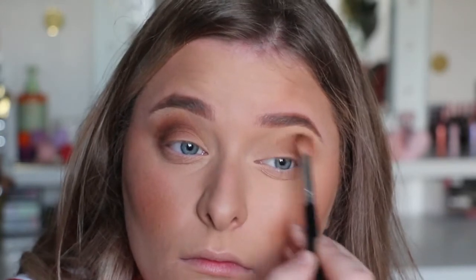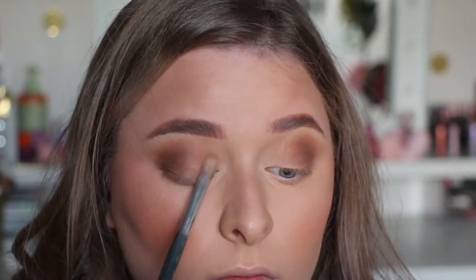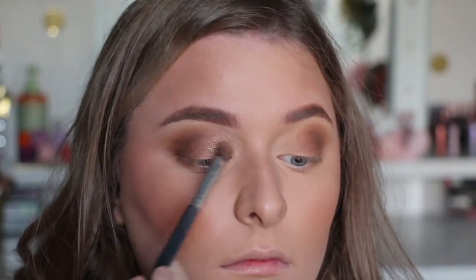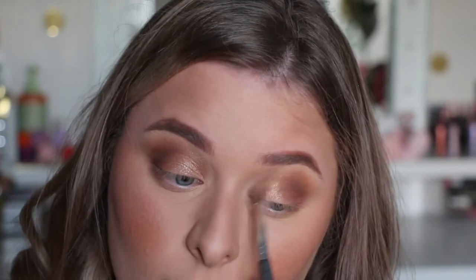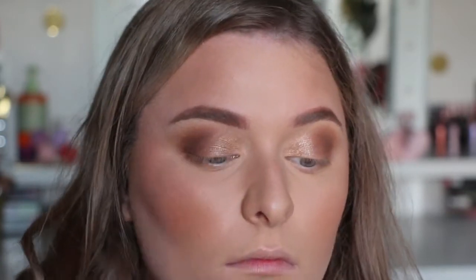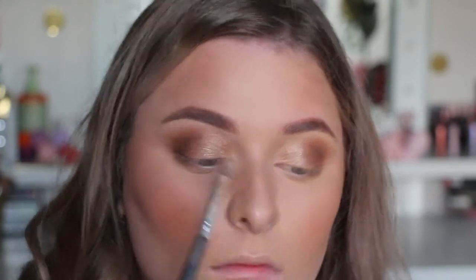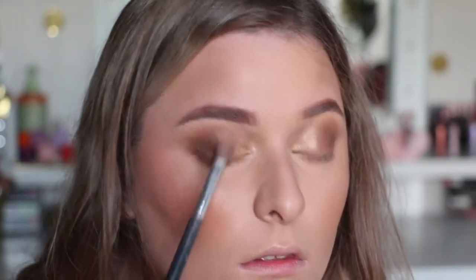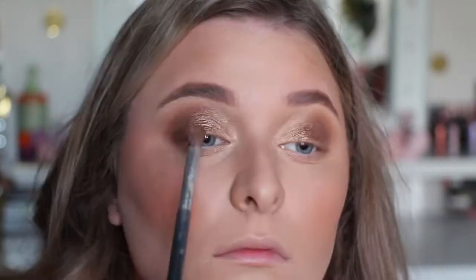As you can see now, I'm just sort of intensifying it. So I'm using a really darker type of colour. It's like the darkest colour in the Subculture. And then we move on to the inner corner, sort of messy-ish, glowy eye. I don't really know what this is called, but yeah, I use the Be Perfect Stacey Marie Carnival palette. I use both highlighter shades, and I literally just sort of apply as much as I can around the inner corner. And then this is a Becca x Chrissy Teigen eyeshadow, and I literally only place this in the centre of the eye and work upwards,